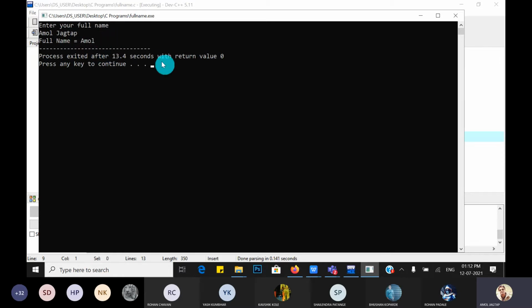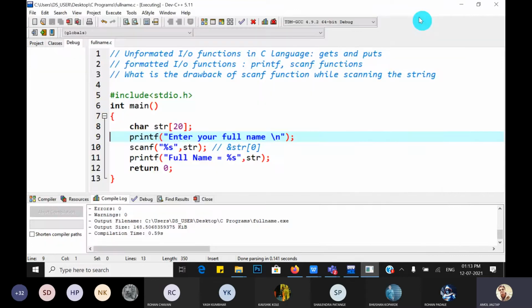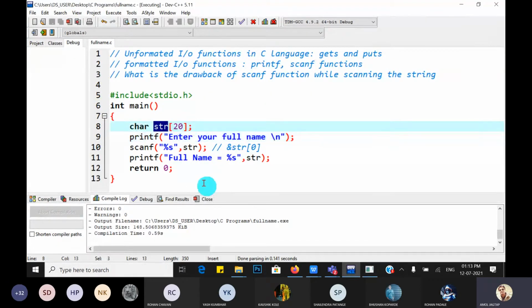Guys, did you understand the drawback of the scanf function? When we scan a string with spaces using scanf function, what happens? Only the first word, Amol, up to the space, gets displayed. Jagtap is not saved into the str. Okay, which means str contains only Amol.